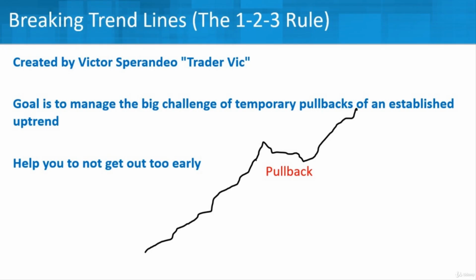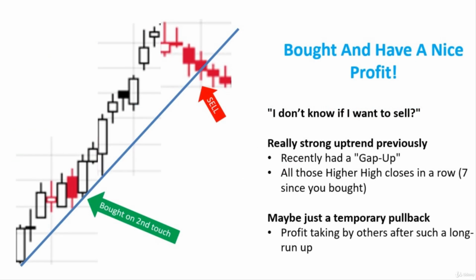So how does the 1-2-3 rule work? Let's take a look at that. Let's walk through this in steps. First off, on this particular one, you can see we have a nice uptrend. We bought on the second touch in this example, could have been on the third touch, but we bought in there, and you can see we have a nice price run up, nice profit up there,